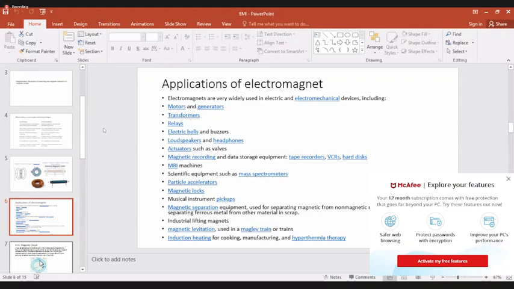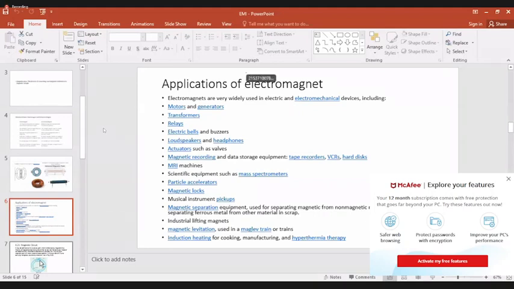Also magnetic recording and data storage equipment like tape recorders, VCRs, hard disks, MRI machines, scan machines, brain MRI machines. Then scientific equipment such as mass spectrometers, particle accelerators, magnetic locks, musical instrument pickups, and magnetic separation equipment used for separating magnetic from non-magnetic materials, for example, separating ferrous metal from other materials in scrap, industrial lifting magnets,